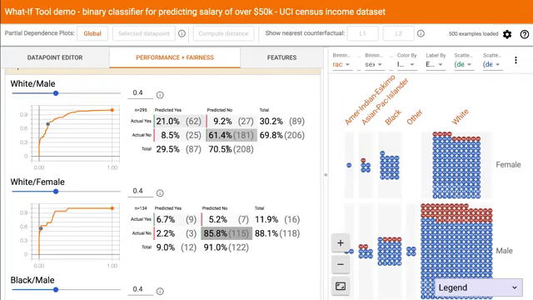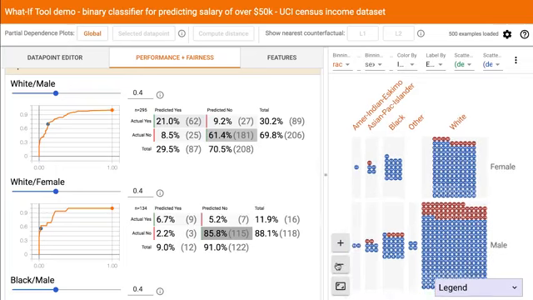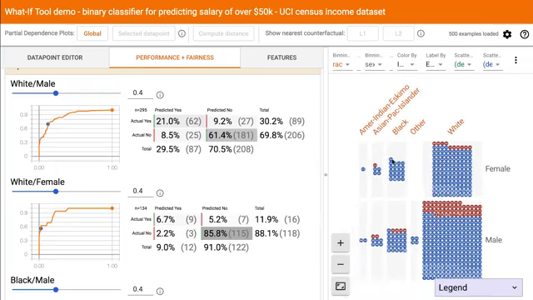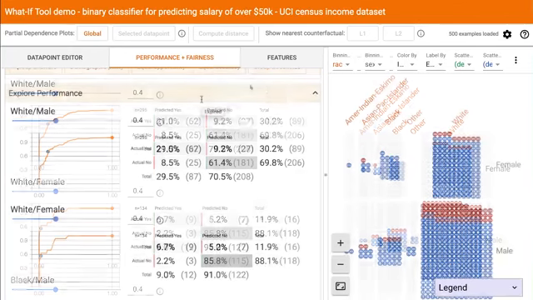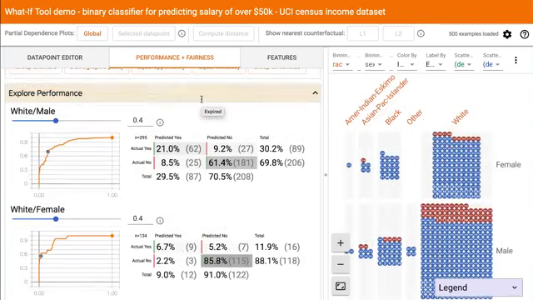How does the visualization on the right change? Well, now we have slightly different percentages of blue to red in each of these boxes. The visualization on the right has changed because the total number of red dots seems to have gone down, and in fact certain combinations of race and sex seem now to have perfect performance in our sample.